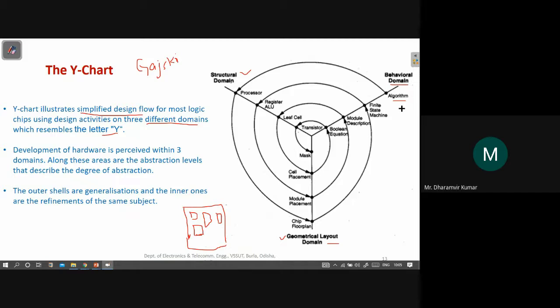Suppose if some condition, then under this condition some function should be performed. Else if the next condition, some other function should be performed, like that.